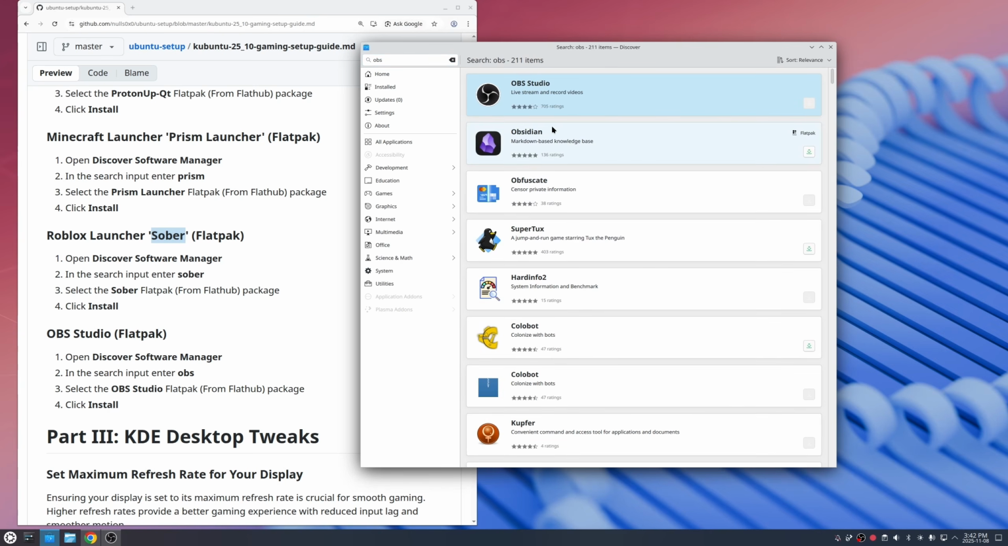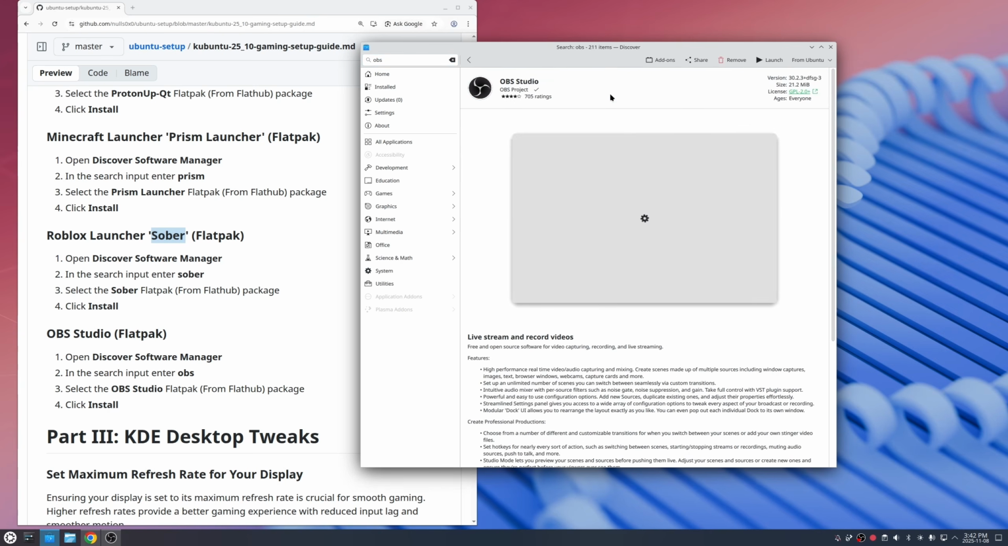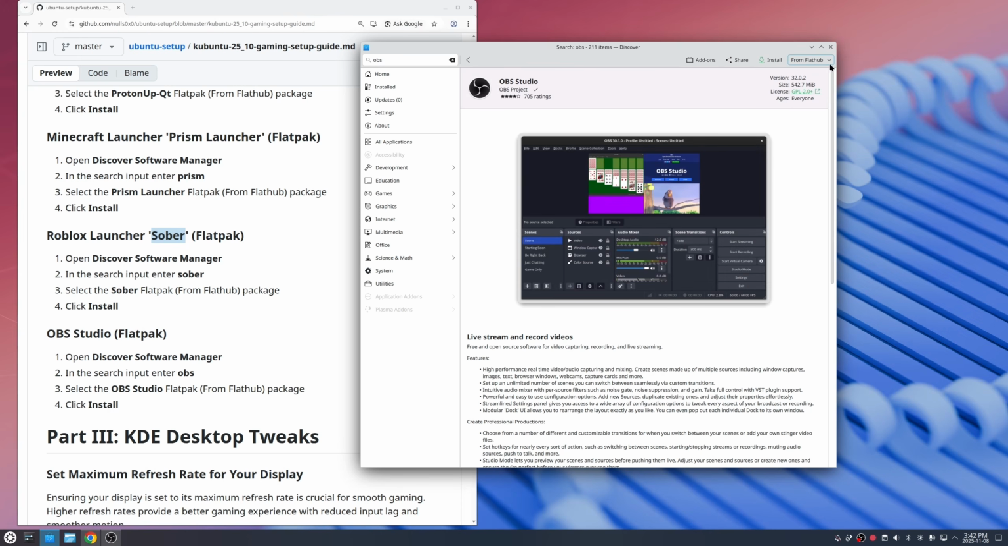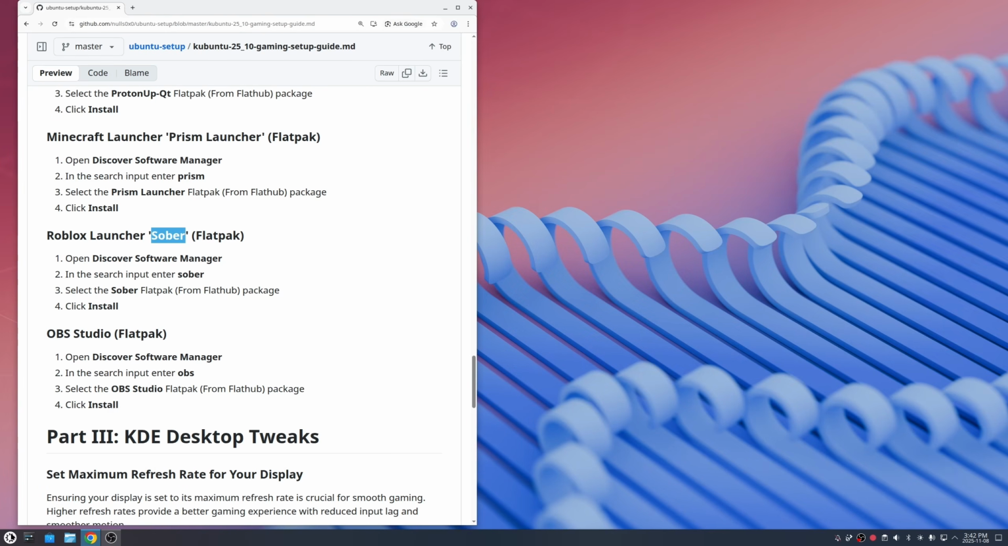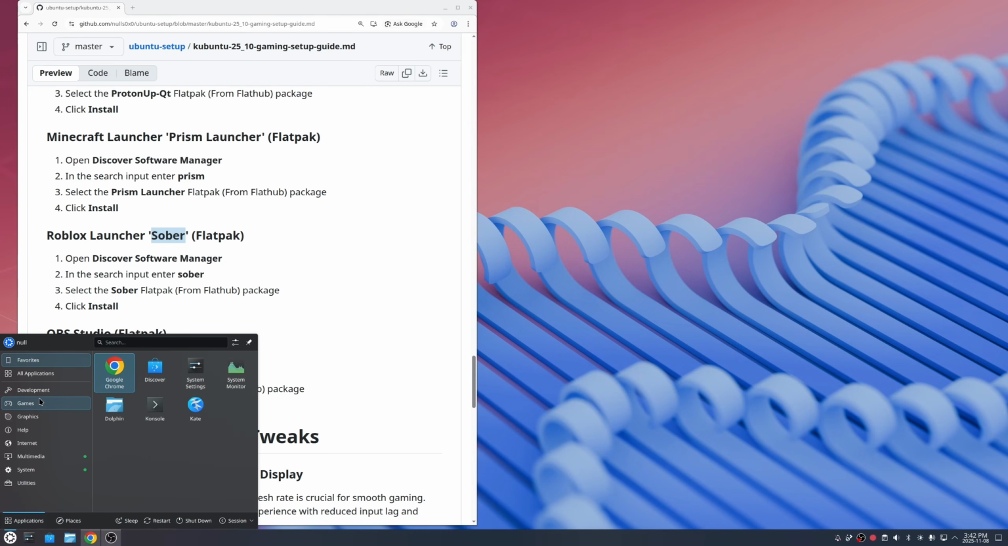And then if you want OBS Studio, I recommend using the Flatpak version of OBS. I'm not going to do that install here because I already have it installed in order to do this recording. But use the Flatpak version. It's the best one. Okay, so next,